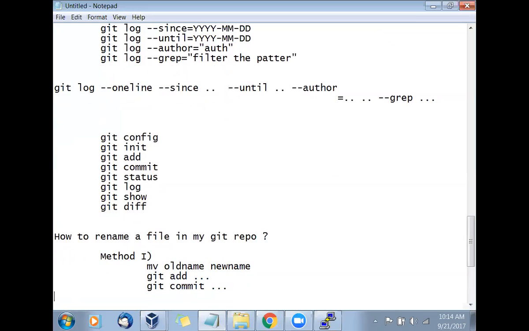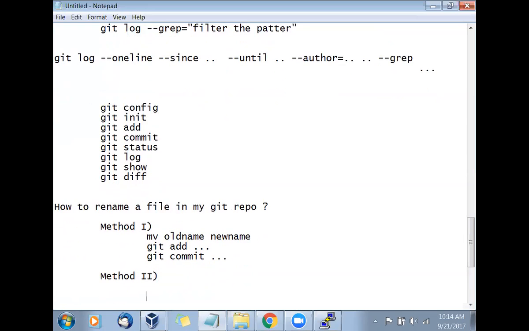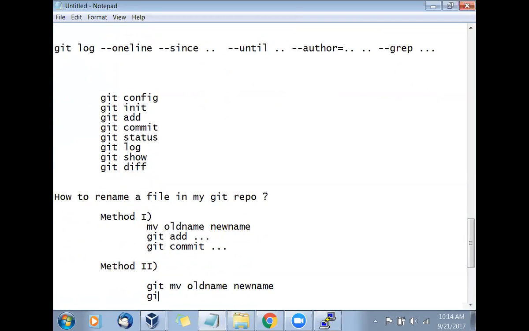The second method is the git method. Method 2: you will say git mv old name new name, and then git commit.